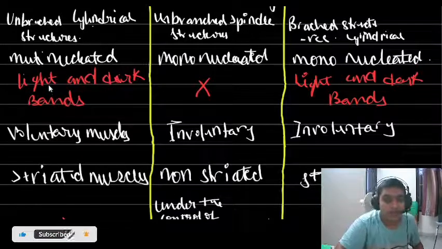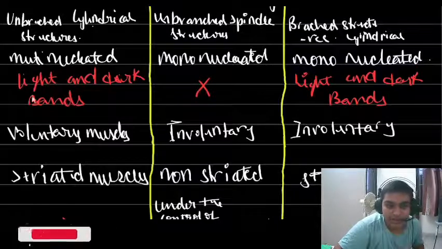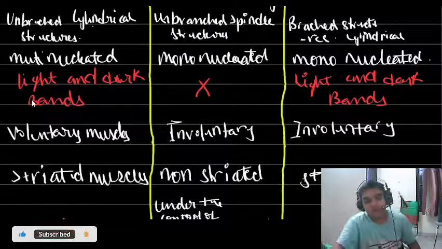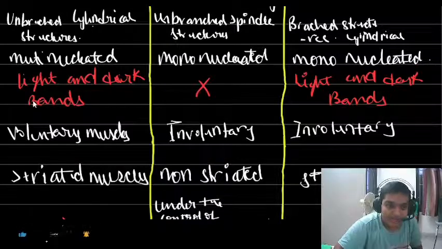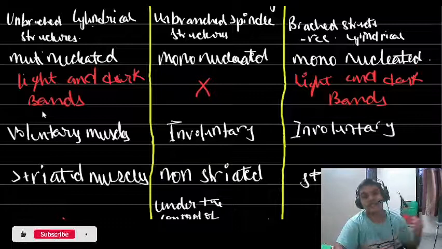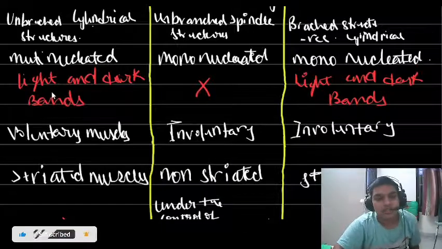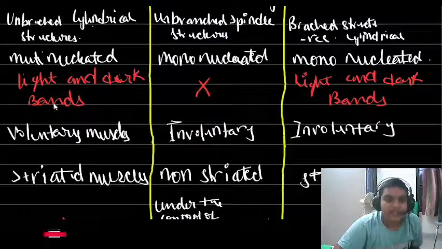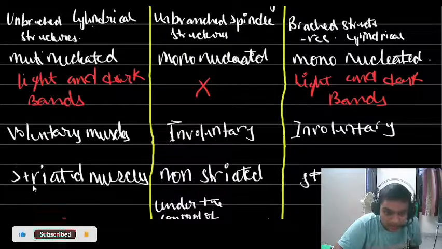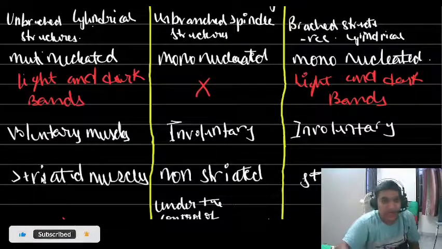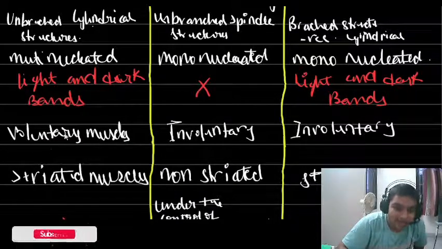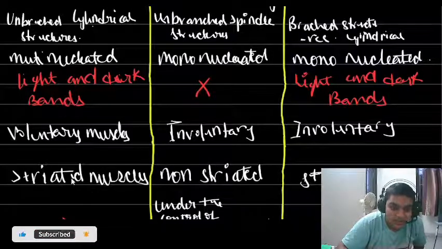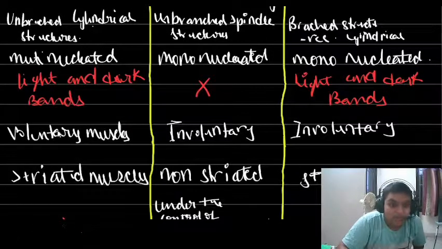Now coming to the third point, skeletal muscles have light and dark bands, which we'll see a little later when I show you the diagram. Yes, they have light and dark bands, so that is why they are called striped or striated muscles. Remember this: as they have light and dark bands, they are called striped or striated muscles. Now coming to visceral muscles,